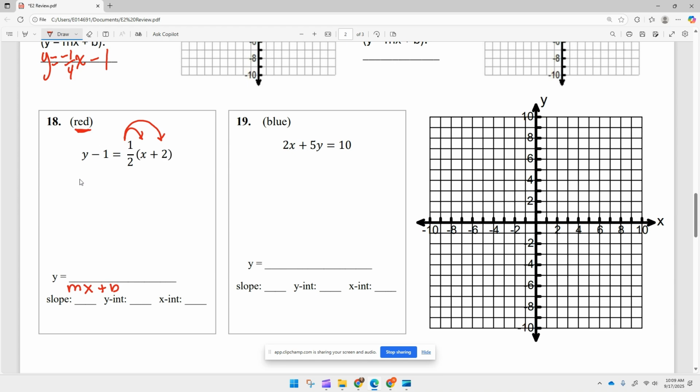I'm going to rewrite the left side. So y minus 1 equals 1/2 times x is 1/2 x. Positive positive is plus. 2 times 1/2, half of 2 is,